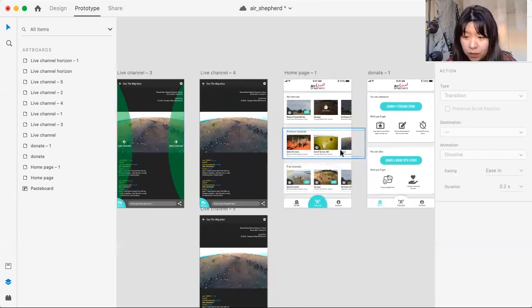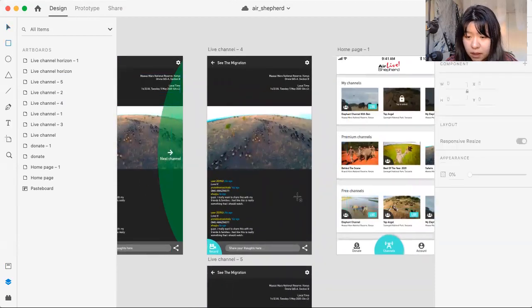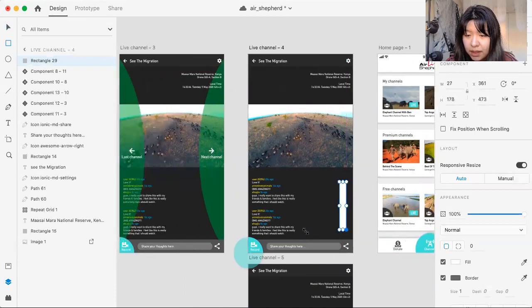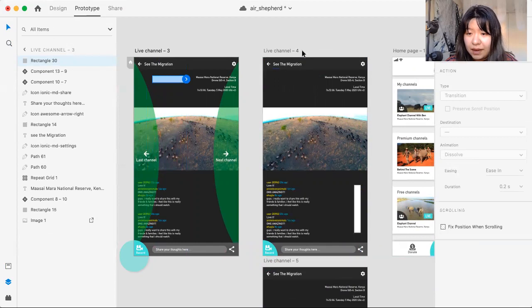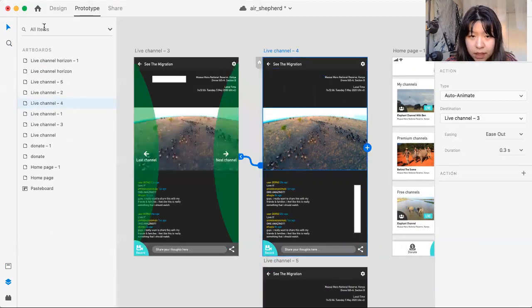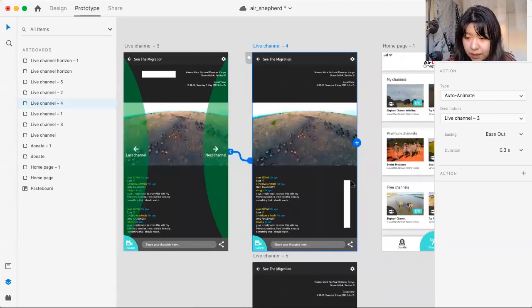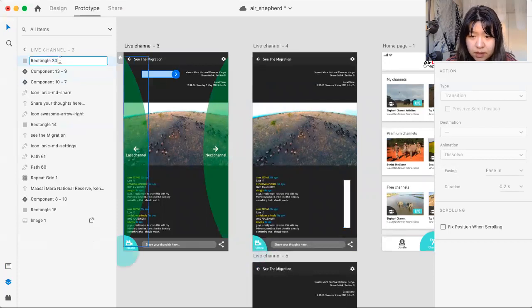It doesn't have to always be like this, but when it's not working, 90% of the time it's because of this reason. So if I have a rectangle, let's say here, and I have a rectangle there, and I want to do auto animate, you see it won't work. It's because it's not the same name. This one's rectangle 29, this one's 30. So if I'm switching the name to 29,